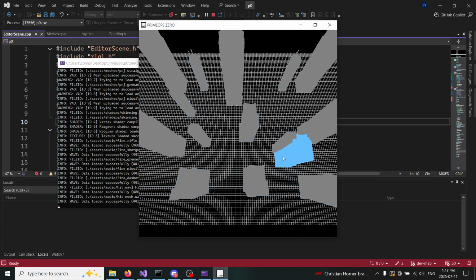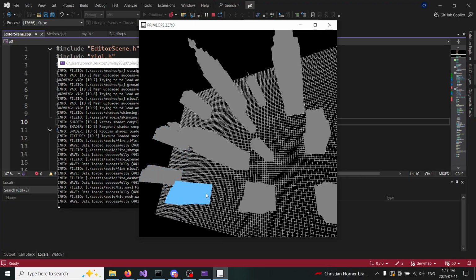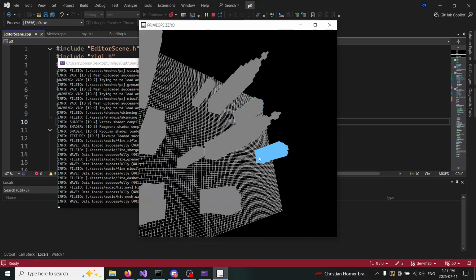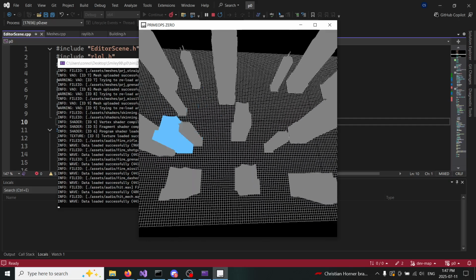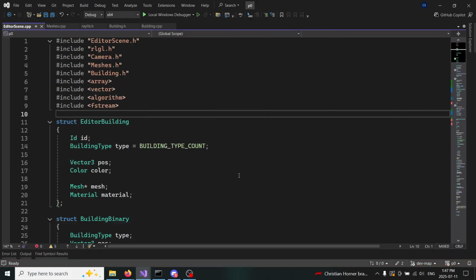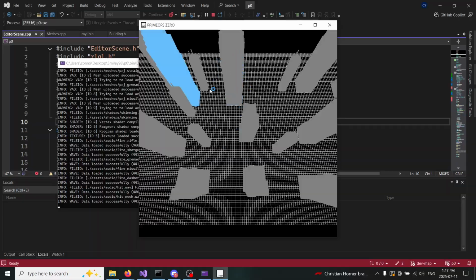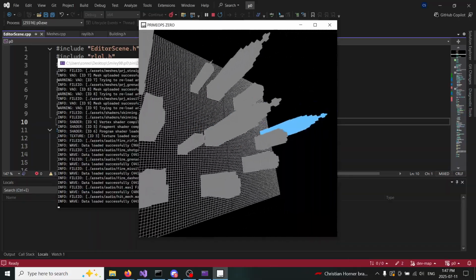No shaders yet, so it's just grayscale for simplicity's sake. We got a bit of wide playing area. Much of this is still in the early phase, but when we're happy with this, I can just close my game, and if I boot it back up, we can see that we have the exact same map that we